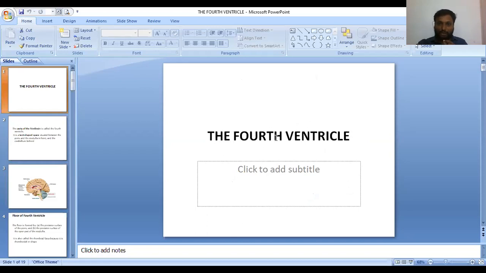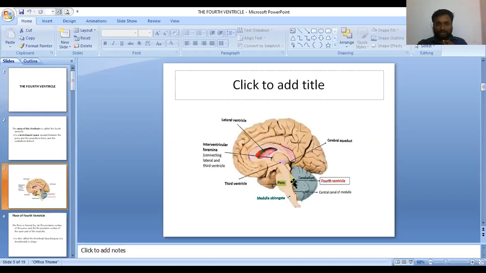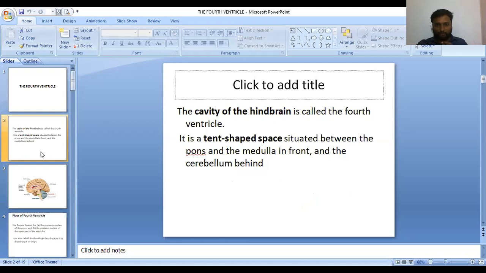Four such ventricles are there: two lateral ventricles, then the third ventricle, then the last one, this is the fourth ventricle. Now it is clearer. Ventricle means the cavity seen inside the brain. The fourth ventricle is the cavity seen in front of the cerebellum. So this cavity is the fourth ventricle. Now we'll see the details of this fourth ventricle.